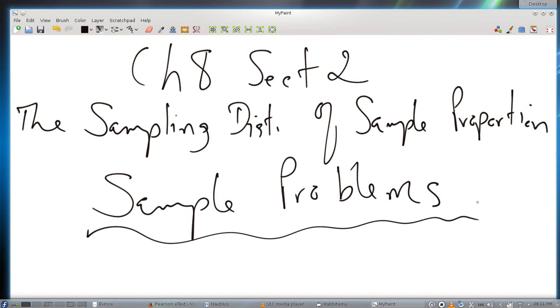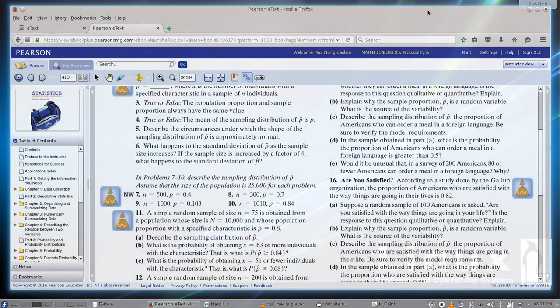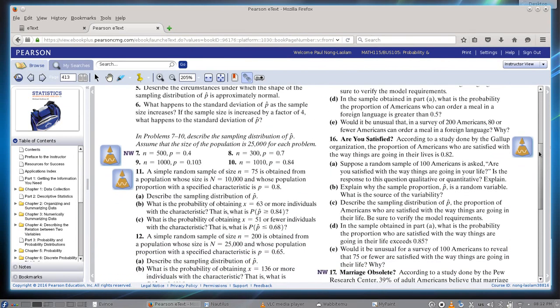In this lecture video, I would like to demonstrate some of the practical problems dealing with the sampling distribution of sample proportion, and in particular I would like to take a look at problems from our chapter, which is from section 8.2, and just to carry over from the lecture in the previous video, I would like to start with problem